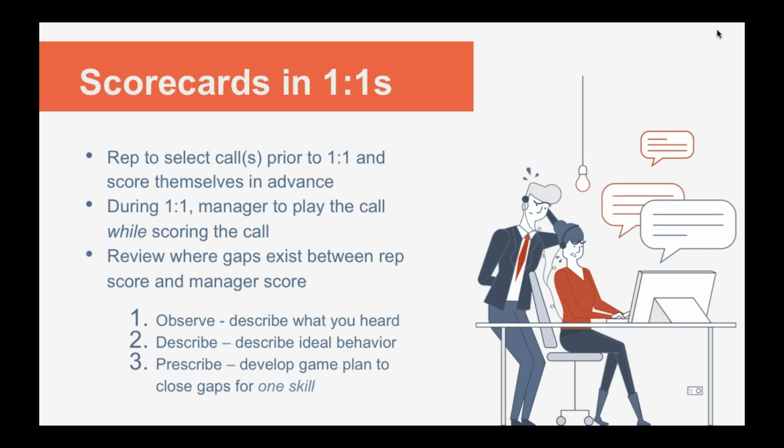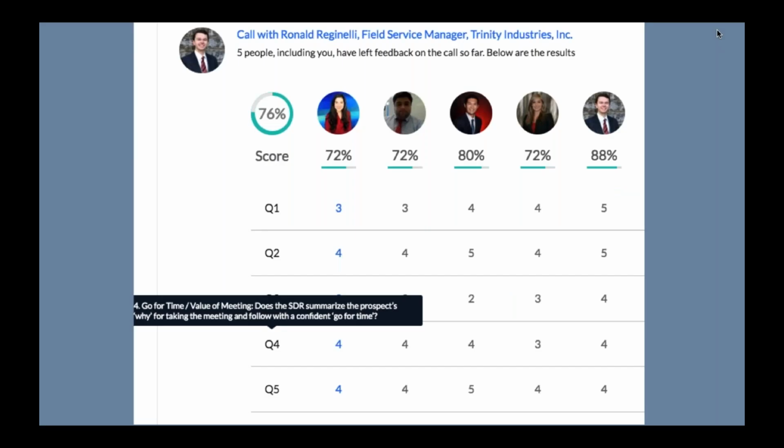So if the manager's score is very different from the rep score, that means, hey, actually there's still some work that needs to be done here. Here's the steps that we're going to take to improve. So the scorecard's really great for helping call out any issues that are happening with your call. And I think this screenshot here on the next slide really helps to illustrate that point, Chris.